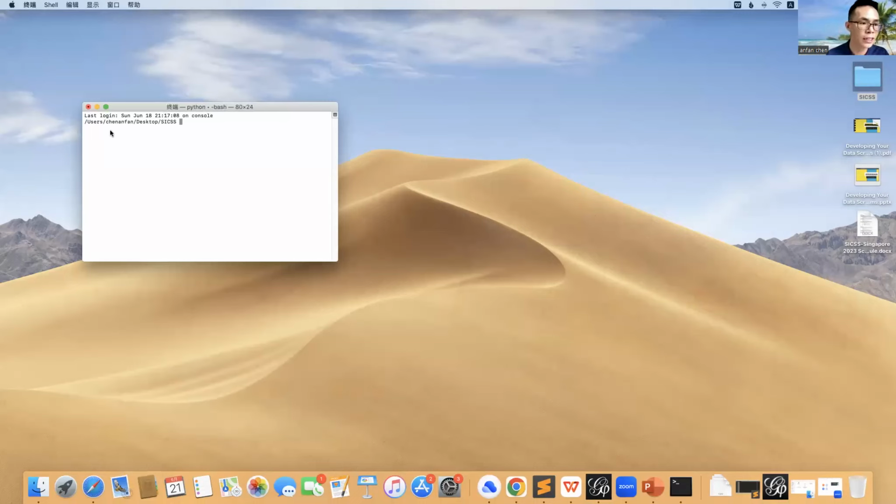And you will see this file is located in the user Chen Anfan desktop and the SICSS. This is the path of the file.